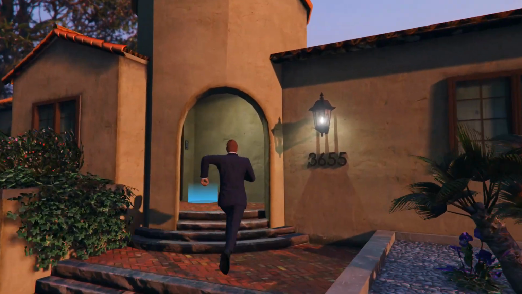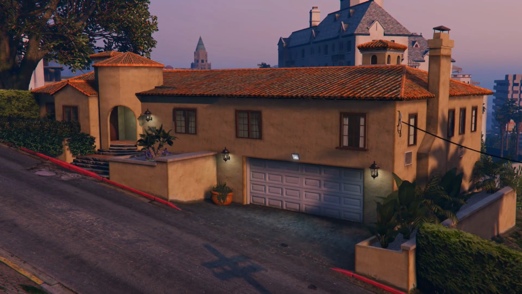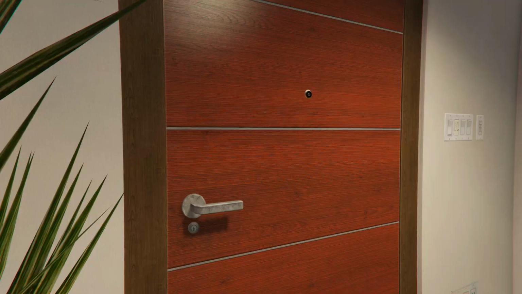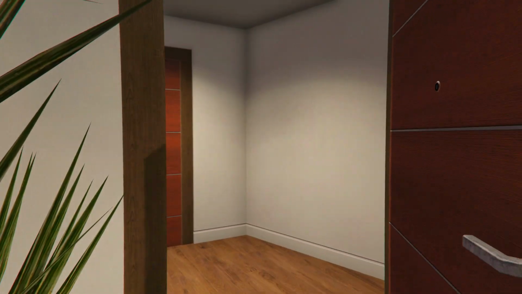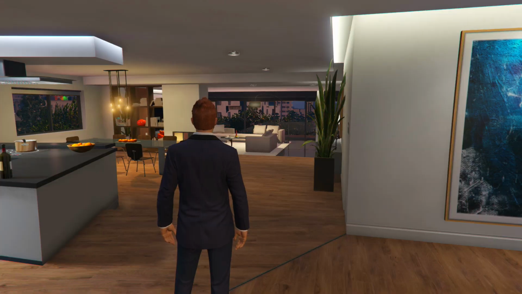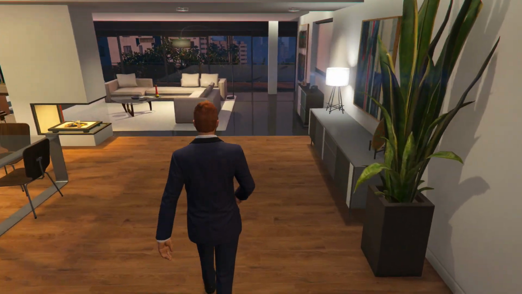Now in today's video I'm going to be showcasing the interior of the new mansions and stilt houses available in Grand Theft Auto Online with the new Executives and Other Criminals DLC. And I'll also be showing off the new custom apartments and all the new interiors related to those as well. But first of all, let's go ahead and take a look at the interior of the new stilt